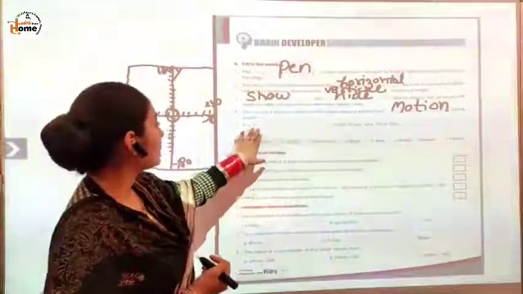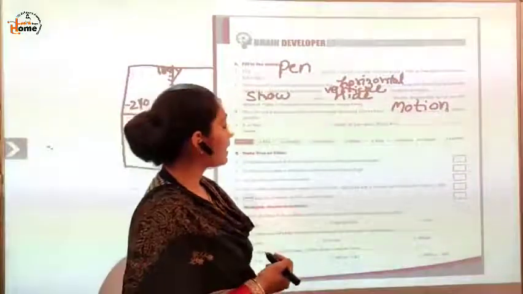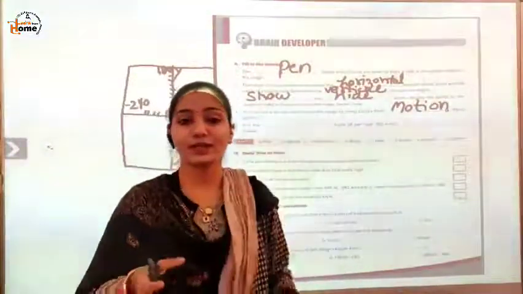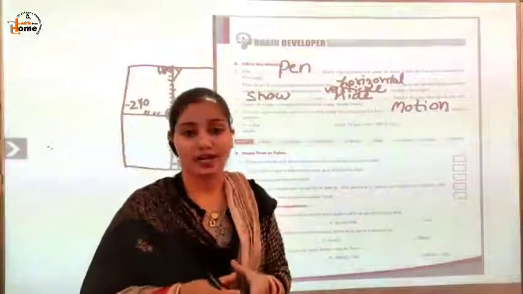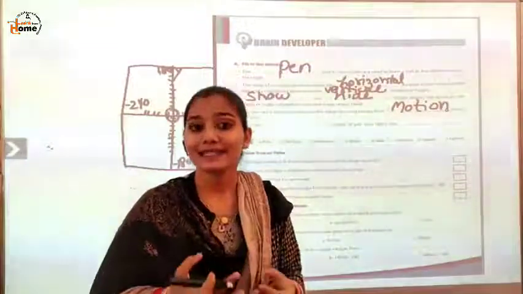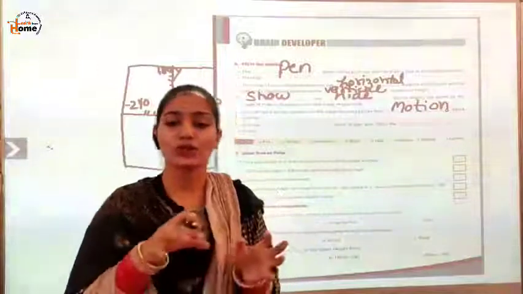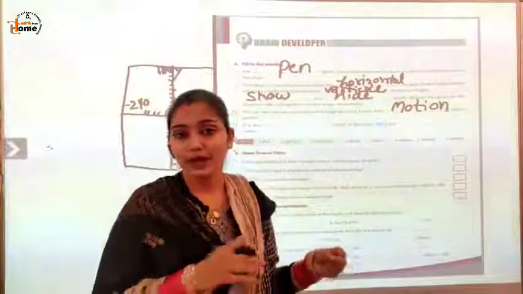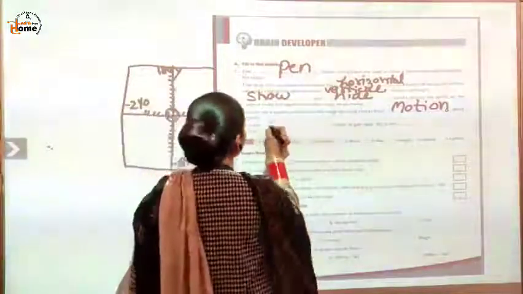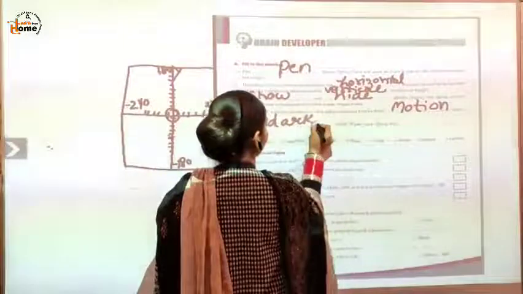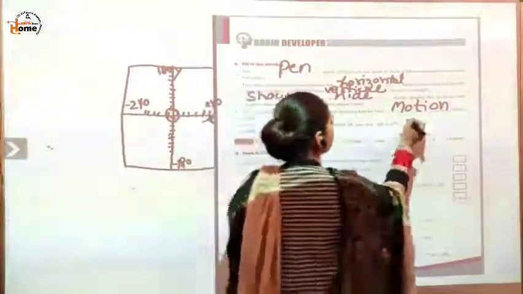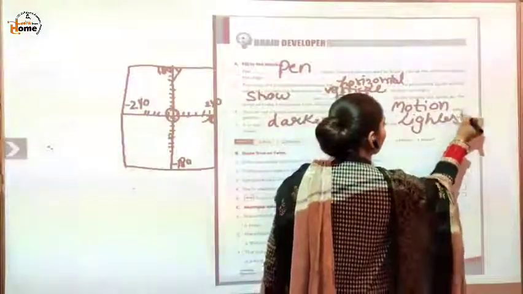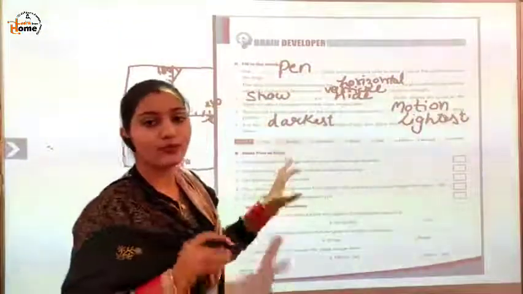Next fill up. 0 is the dash shade of pen and 100 is the dash shade. We have just now discussed. 0 is the darkest shade and 100 is the lightest shade. Okay, and 100 is almost close to white and 0 is close to black because it's the darkest shade, right? So 0 is the darkest shade and 100 is the lightest shade. You have to do this exercise in your book.